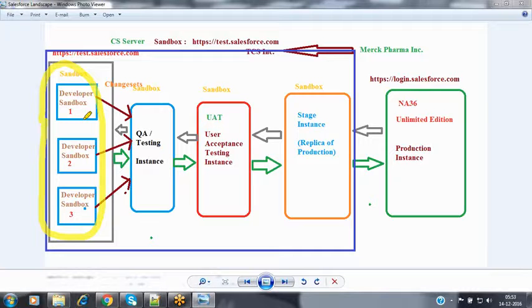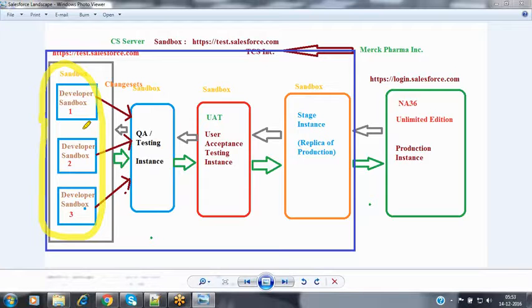So always the developer should have full rights on that system. Nothing but on the sandbox, he can access every feature. Not only the custom features, not only the standard features, all the features he can access. For that, every developer should have the system administrator permissions over here.